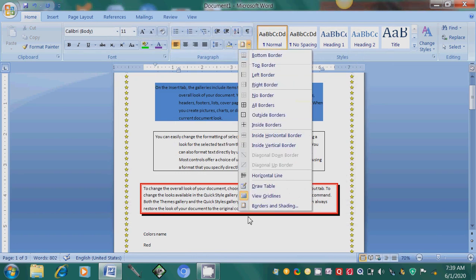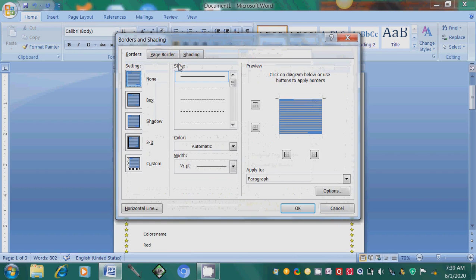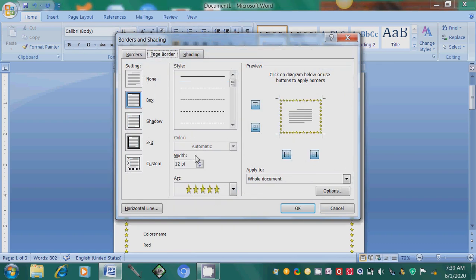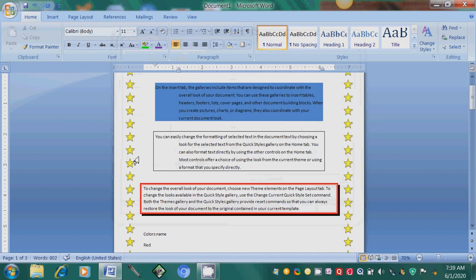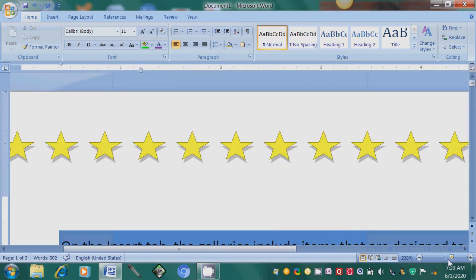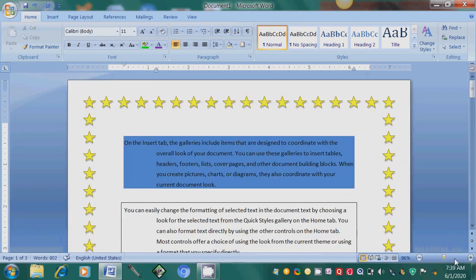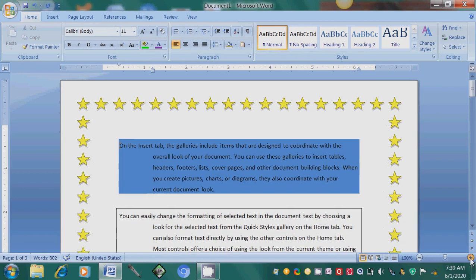Go once again, borders and shading, page border. We have applied width. We can increase the width of the stars also. Okay, this way. You got it? 100%. I will do it now. This way. Now what we have discussed: different alignments, line spacing, shading, borders, page borders.